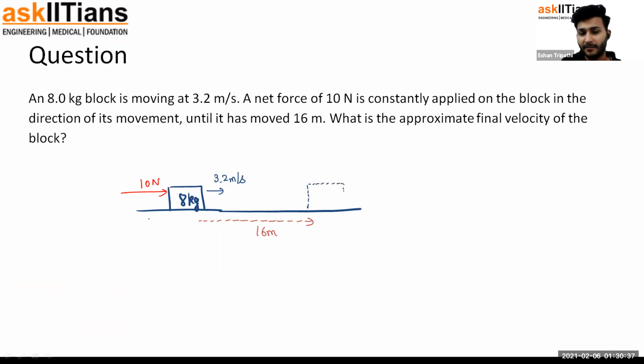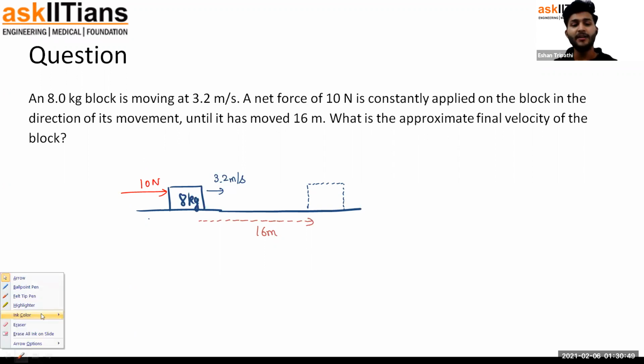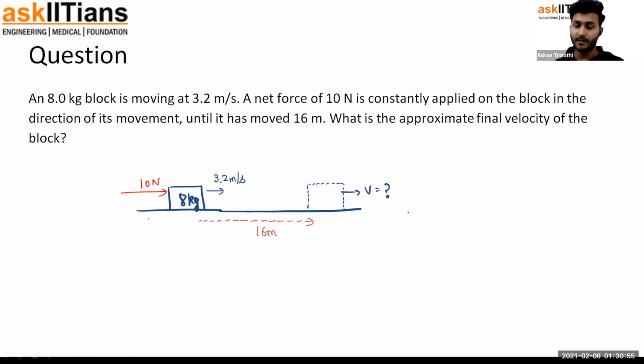So what would happen in that time? The body would accelerate now. A force is acting. So this body is going to accelerate. That's what we are going to find, the final velocity. But this time we do not have to use the acceleration approach, since we have just learned the work energy theorem. We are going to use it to solve this. So let's see. According to the work energy theorem, the work done on the object can